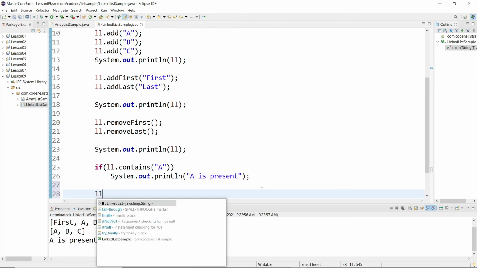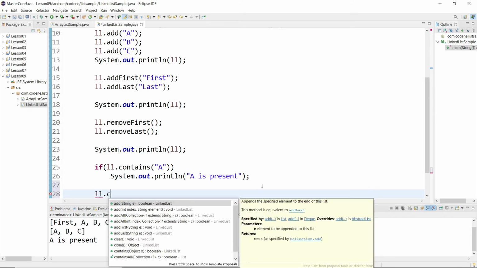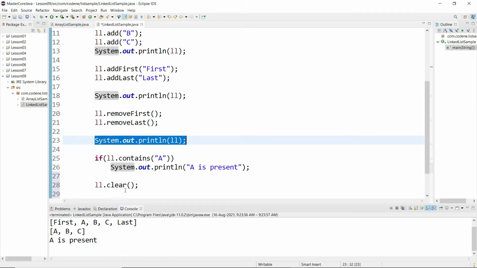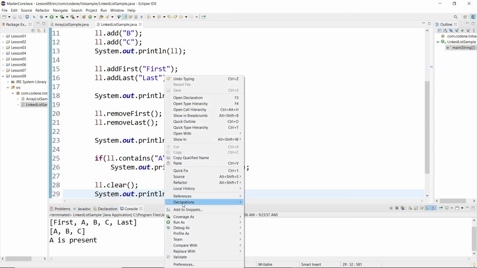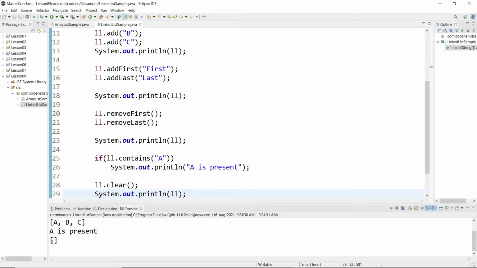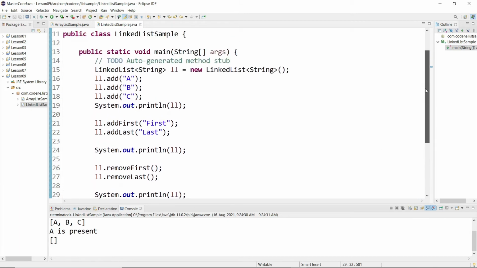Now you want to make your linked list empty. Then you can just clear this, and then if I try to print this, let's see what comes. Let's run this. We are getting empty.